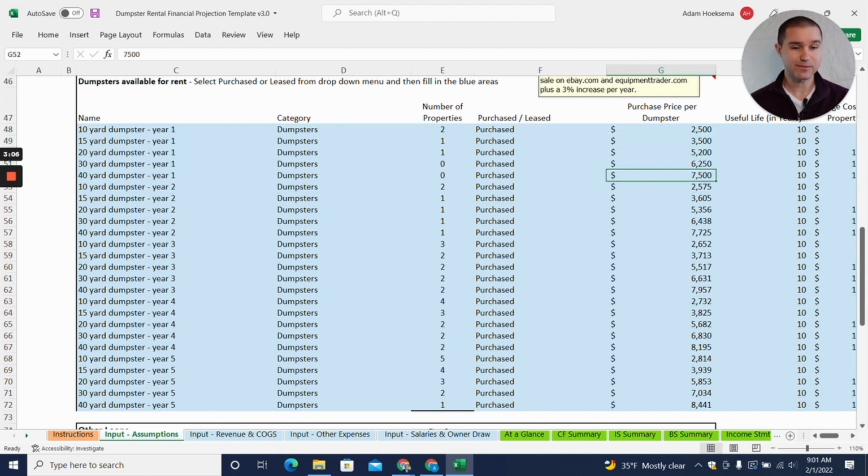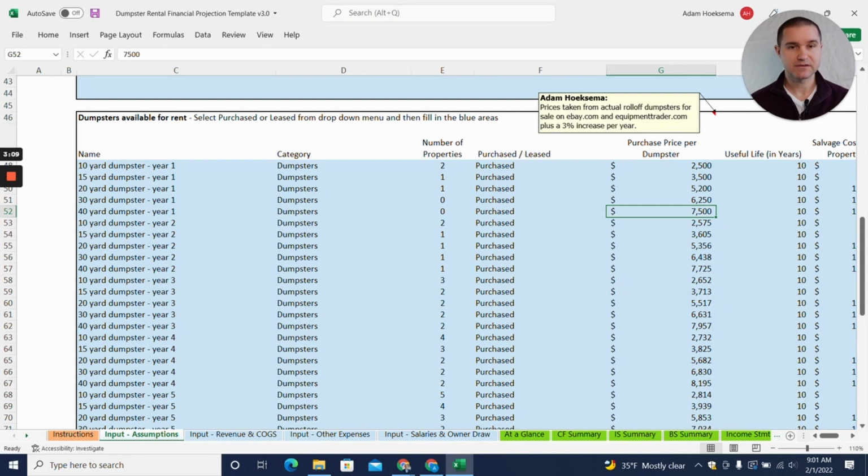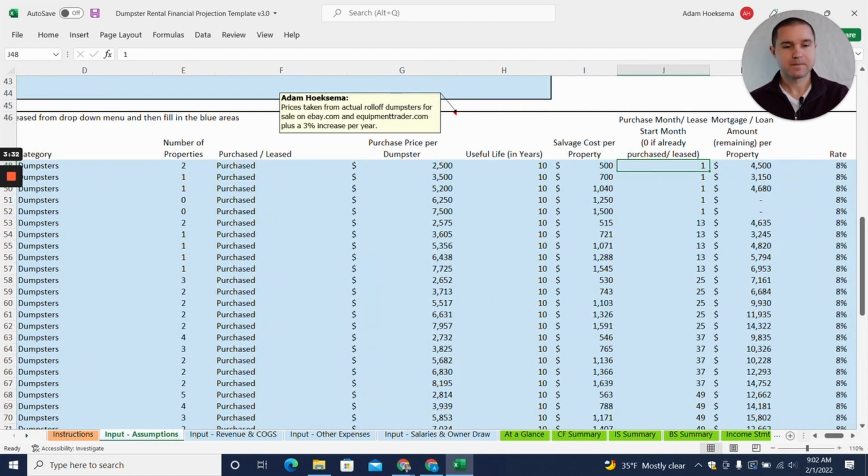And I've tried to find some estimates. I will say it has been difficult to nail down prices on these. I think the prices really ebb and flow with the market, and so you'll probably need to take a look at eBay or other sources to find prices, the day that you're looking to buy, because I think they can really dramatically change. But we have some estimates here of what they look like now. So then you can say what month was the dumpster purchase. So we're saying it was purchased in month 1, and that we